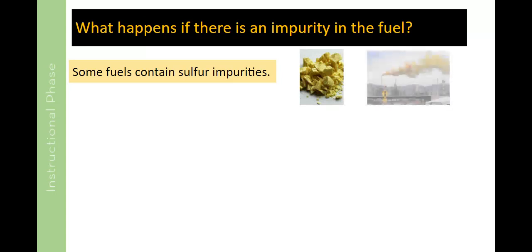And you can see when it is burnt as an impurity in a fuel, the colour of the smoke is slightly different. Now, that would suggest that something different is being produced in that combustion reaction. Now, just like when we burn fuel, we get carbon dioxide, or when we burn carbon with oxygen, it makes carbon dioxide. When we burn sulfur in oxygen, what do you think it makes? Sulfur